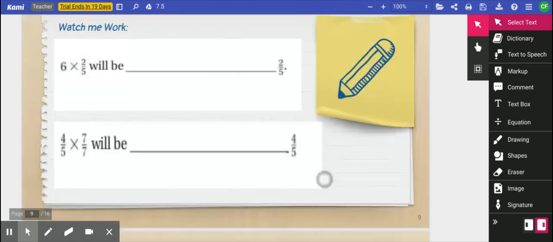All right, let's do some modeling here, guys. 6 times 2/5 will be. First of all, I have to think about what are my factors. My factors are a whole number